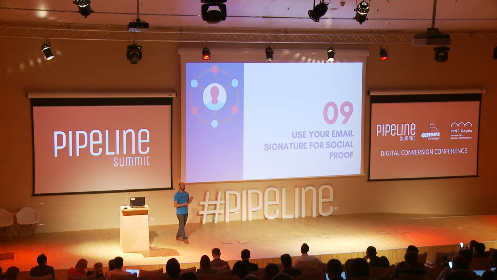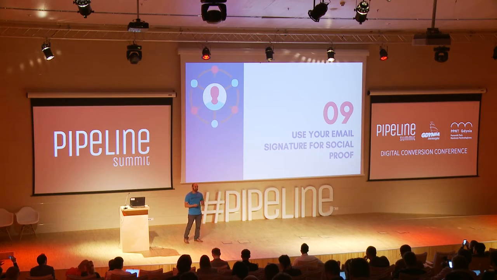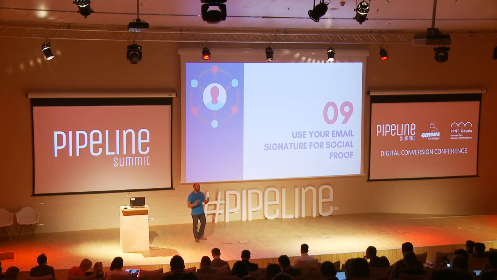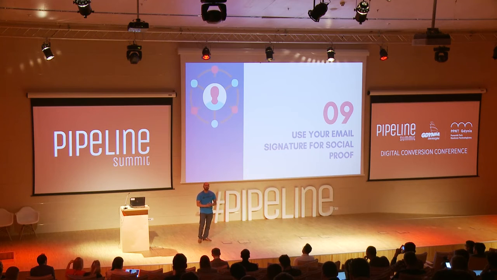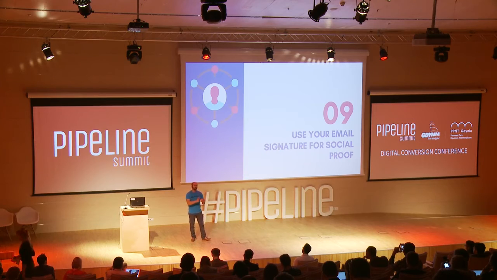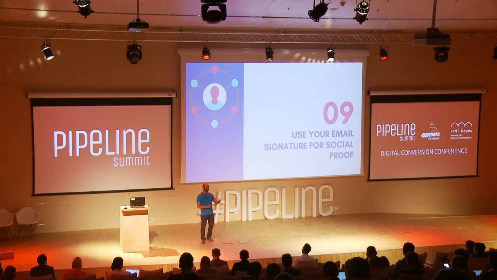Now, with that 3-sentence max phrase I said, it's hard to have social proof. It's hard to list out your customers, or how do you show that you are a real company, a big company, not just somebody off the block, or even if you are, how do you puff your chest to make yourself look good? Use your email signature. The email signature is the perfect place to put all the little things. Oh, we have over 10 million customers, or we've done this, we've been featured in this, that, and the other, top X company, what have you.